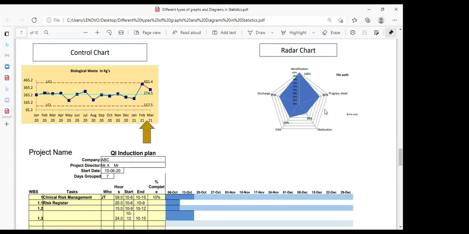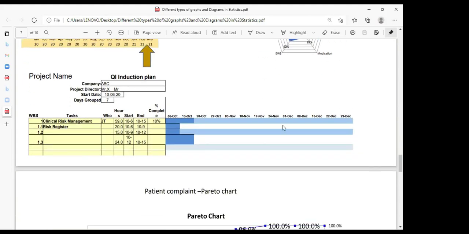Coming to my extreme right is the radar chart. Here I've tried to display the file audit compliance, and I've tried to figure out the different categories in the file audit and the compliance to it. Right, and below, I have tried to display the Gantt chart. If you look at any software tool, whenever you implement, you have the modules and the start and end dates, and it shows you the time plan within which you have to fulfill it.